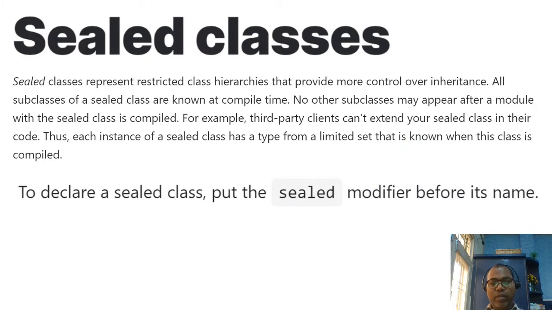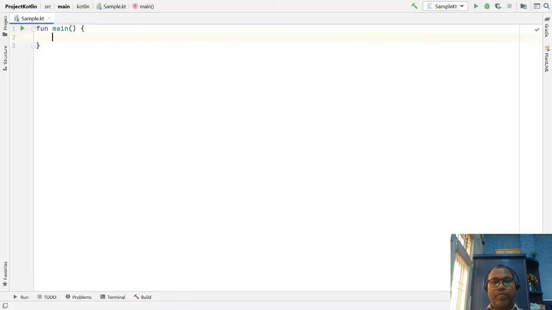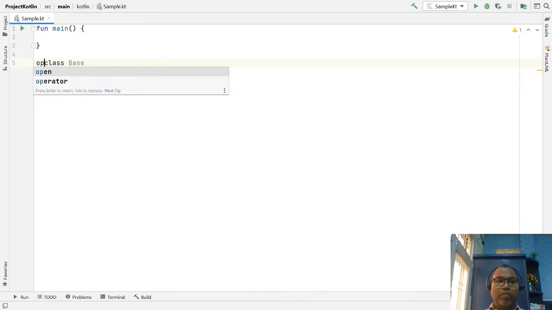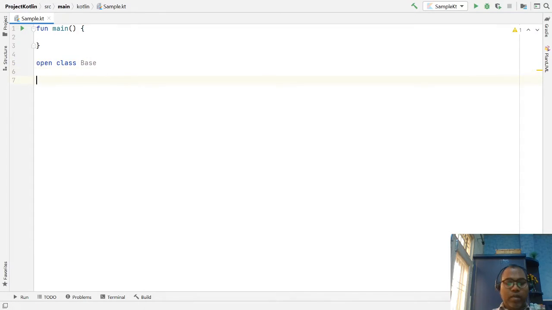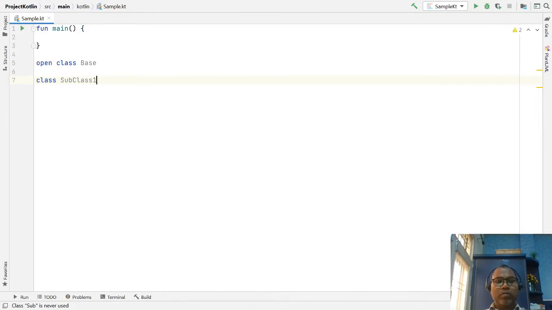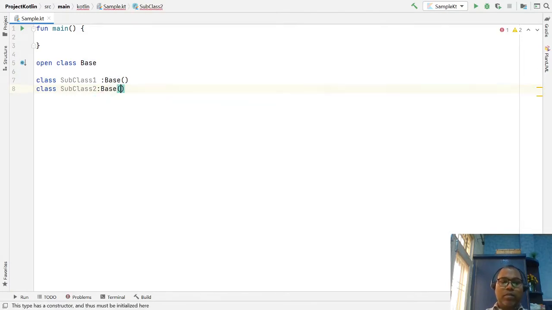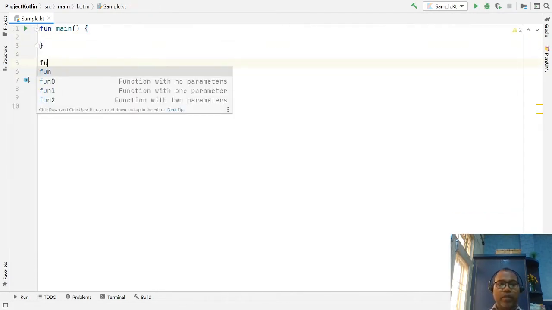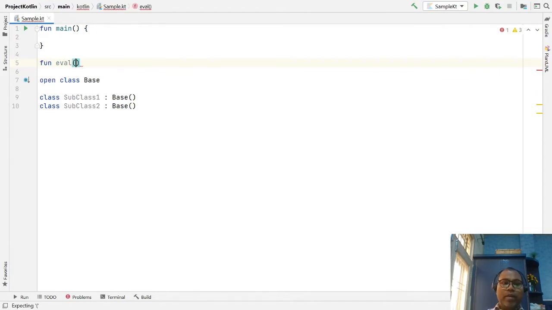There are some cases where we need this. Let's take an example: we have a class Base, open for inheritance. We have a subclass, Subclass1, which extends Base, and maybe we have another subclass, Subclass2, that extends Base. So here the Base class has two subclasses. Let's say we have one function, evaluate, that takes